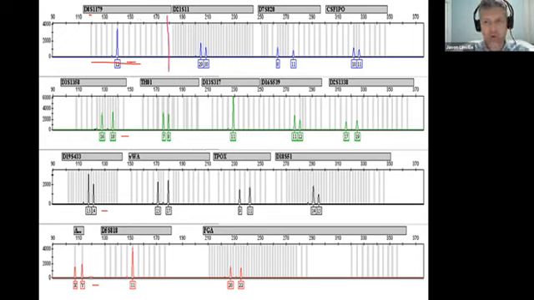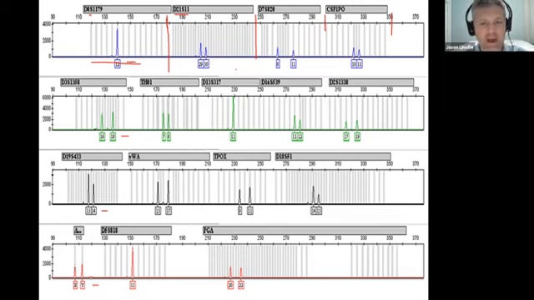D21, they moved the primers a little bit farther apart, kept them blue dye. D21, they're all going to come out somewhere between 180 and 250. D7 between 250 and 300. CSF between 310 and 350. So as everybody can see, by spreading this out, we can very easily get 16 loci that we are analyzing